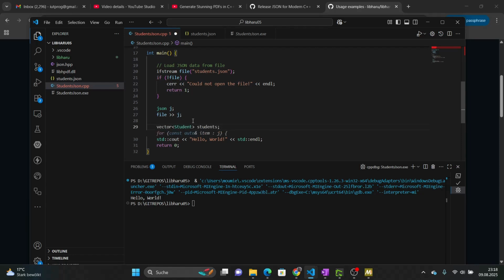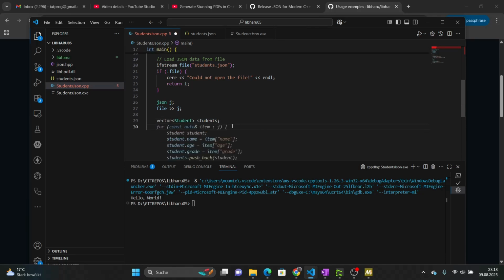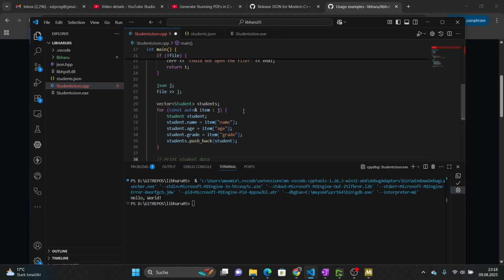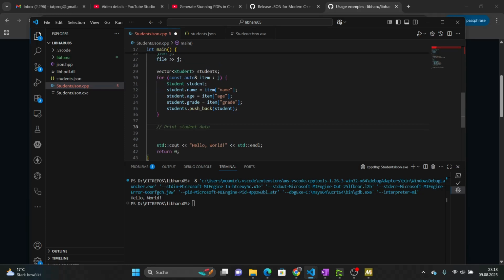And then here we have list of students in a vector. And then after that, now we can load everything to the students here. Should be straightforward. So for each row in our JSON file here, we just take it and assign it to a student and then push it into the list or the vector list. So then on that one is done,